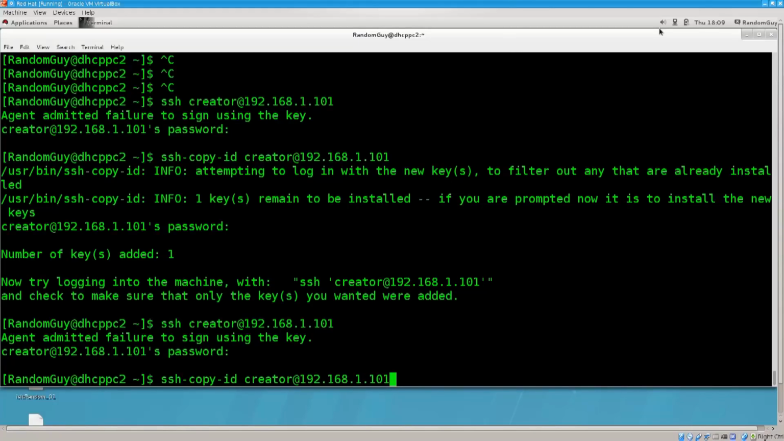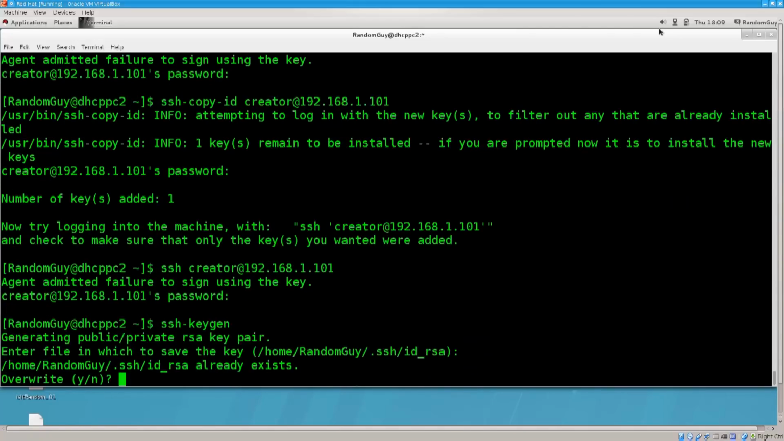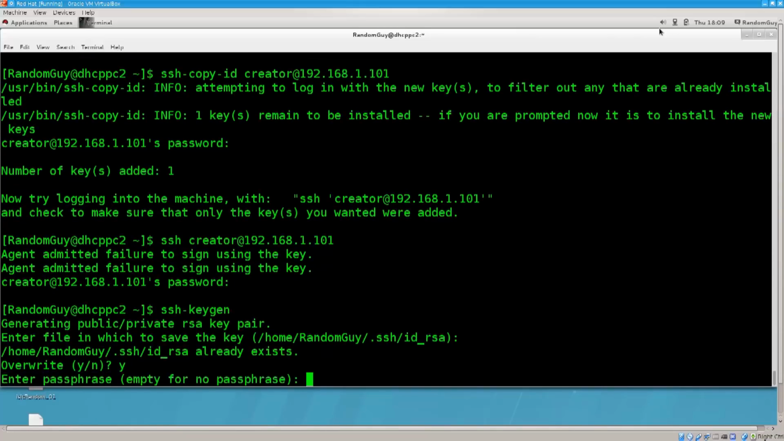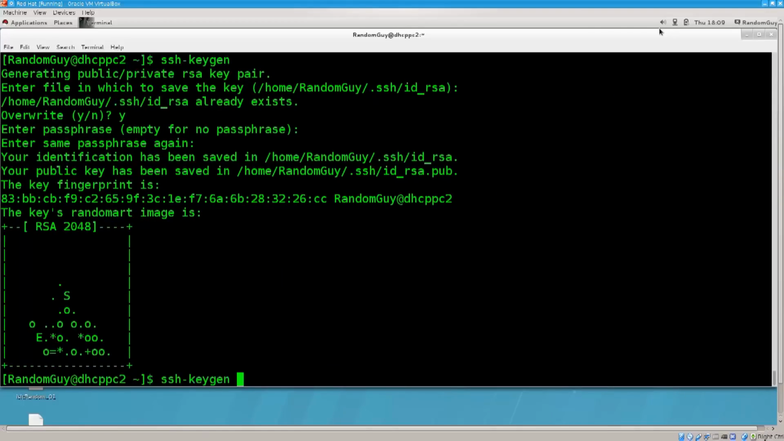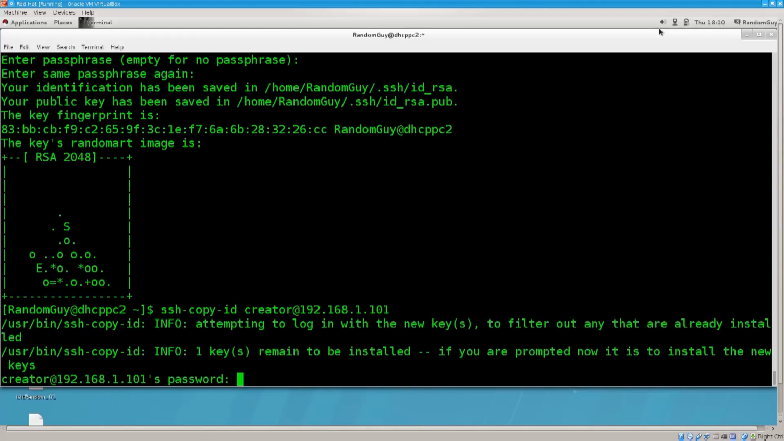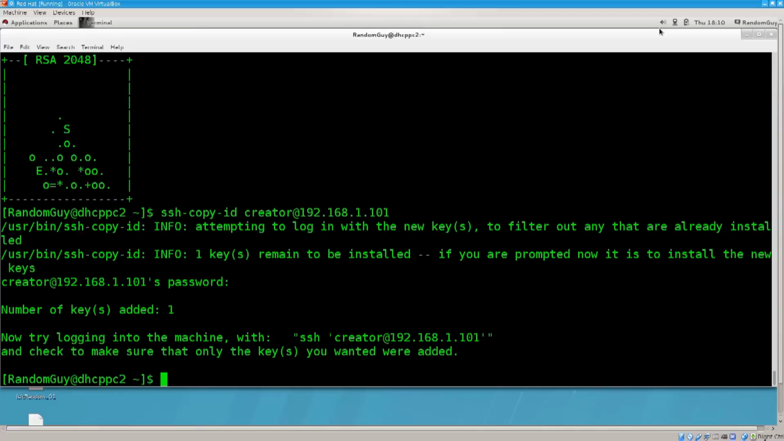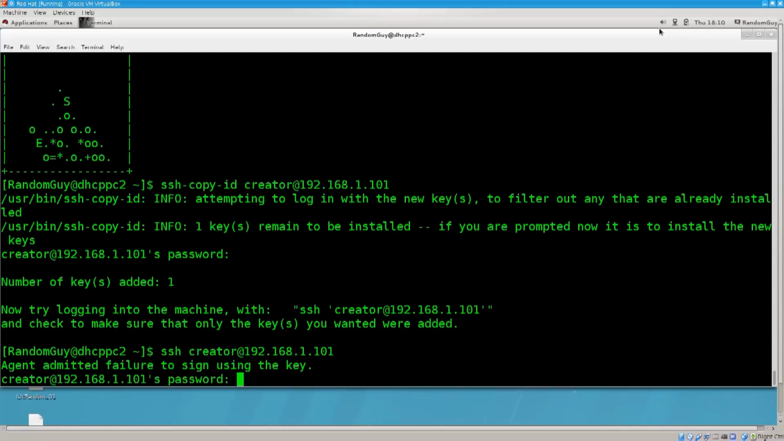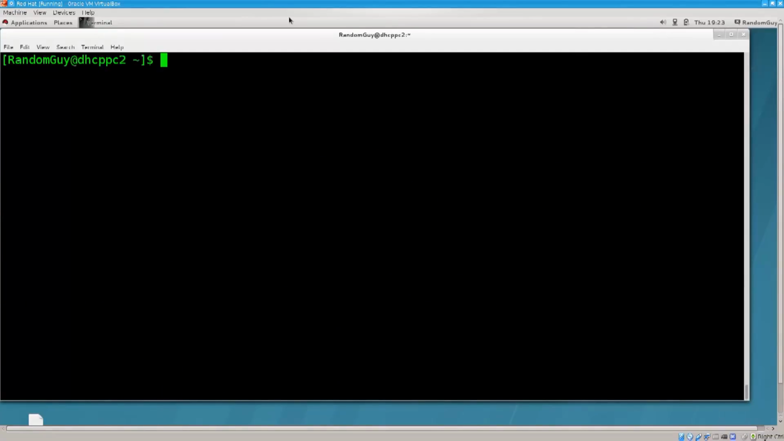So let's go ahead and actually generate another key as well. Key gen. Okay, go through that. Yes, please overwrite it. Enter passphrase. No passphrase. Now we need to import the key. Copy it over to the server. Excellent. Now that is done. Let's go ahead and attempt to log in. Agent admitted failure. Okay, so after searching for it a little bit on the net, I found out that that was actually an SSH error,